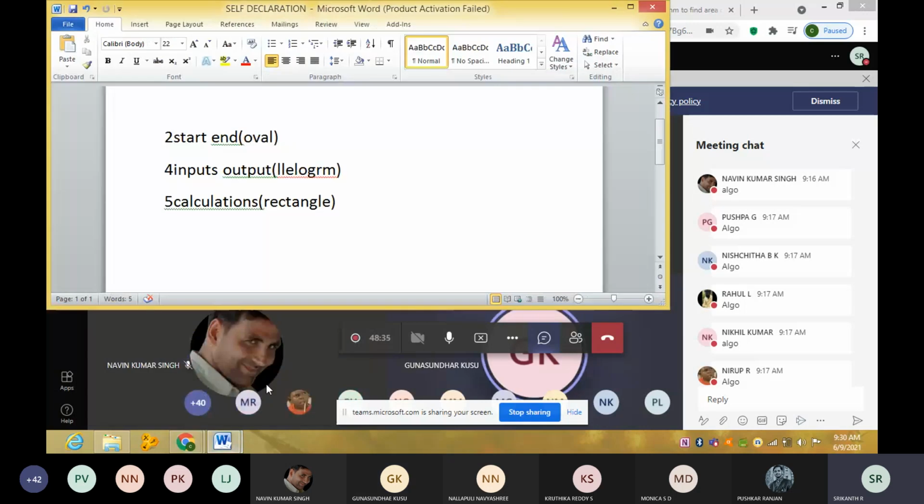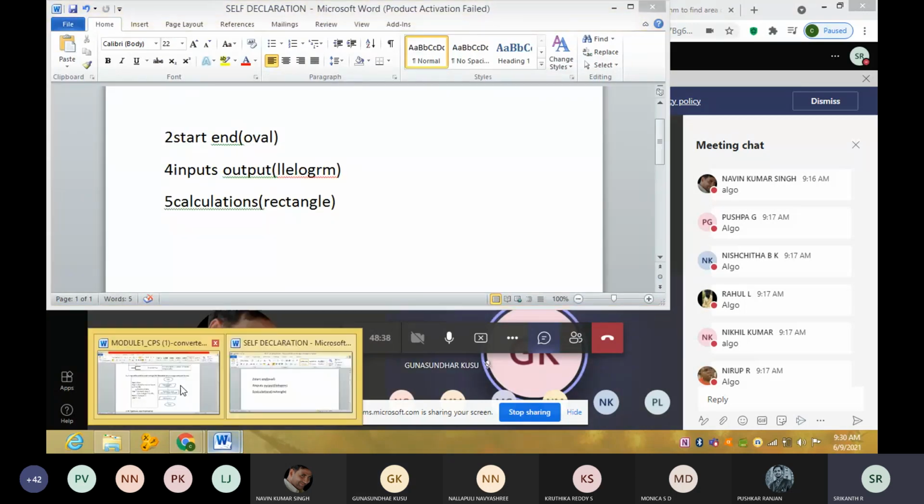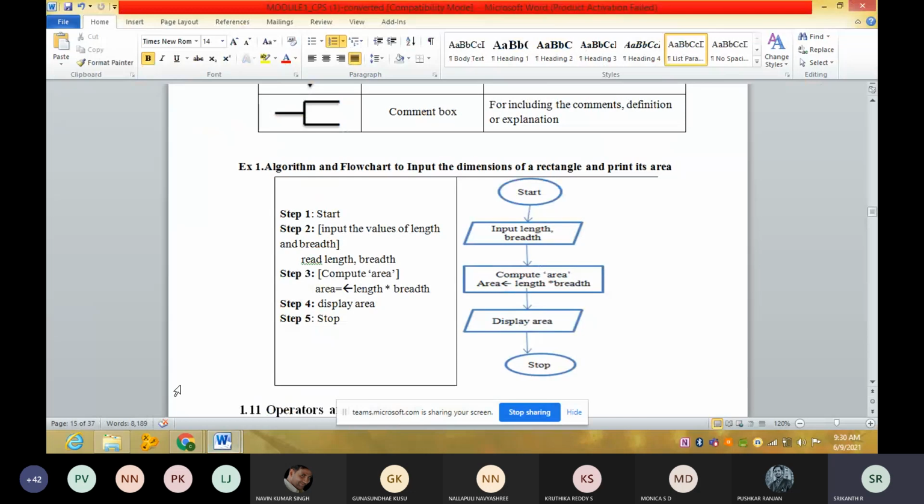Go through these examples. Okay, take time. 9:30. Take time till 9:32 or 9:33. This is the algorithm. That is the flowchart.